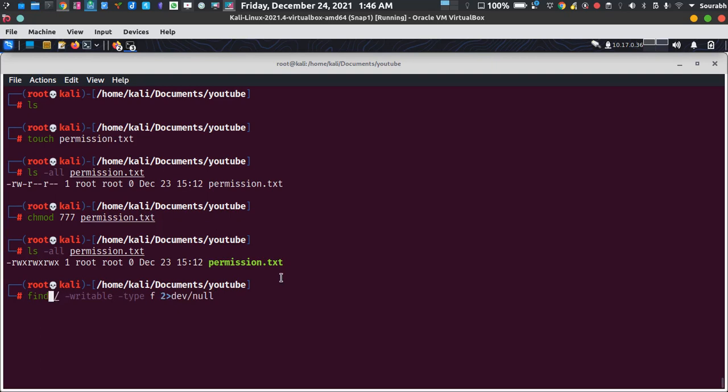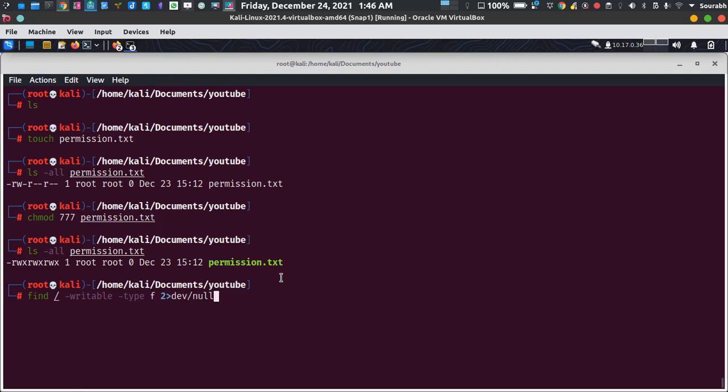What it's going to do: I just told Linux to find in the entire directory, meaning the entire hard disk, any writable file, and the type of that file is a regular file. And if any kind of authentication error occurs, just bypass it, because I am a root user itself.